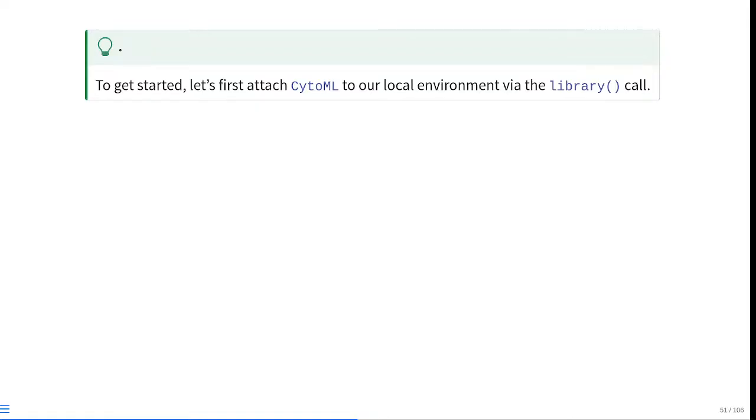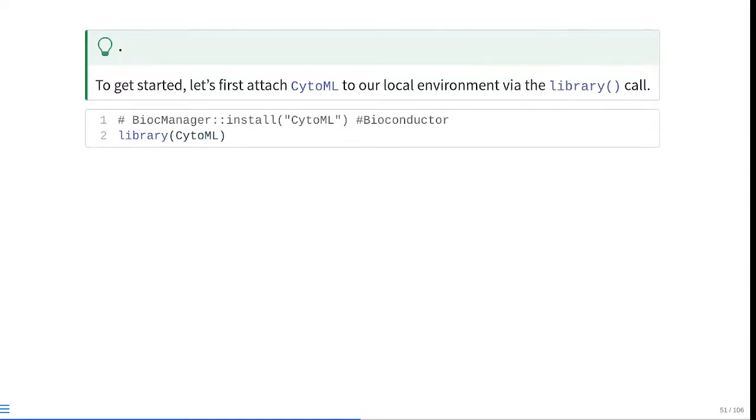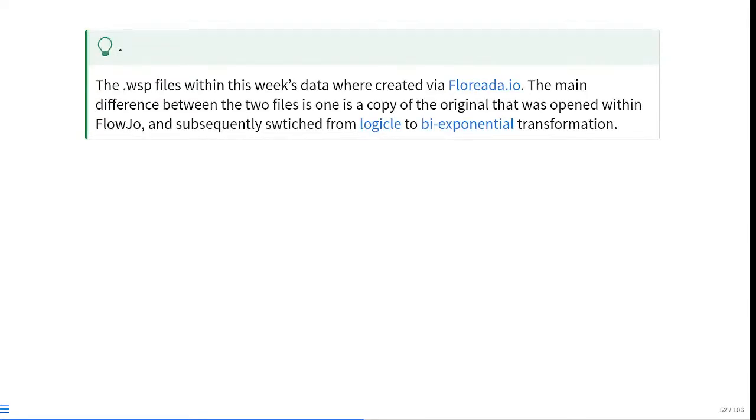So to get started, we need to make sure that CytoML, the R package, is actually active in our local environment. So again, we're going to need to use that library call. And once that's done, today we're going to be bringing in that FlowJo workspace we had created, but passing it through the CytoML package. And the main difference between the two workspace files that I included within our dataset is